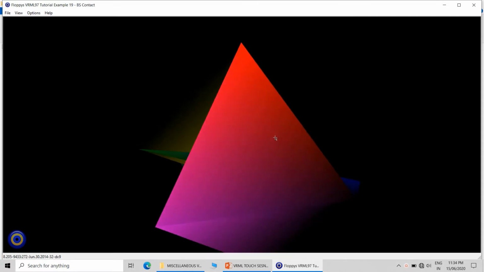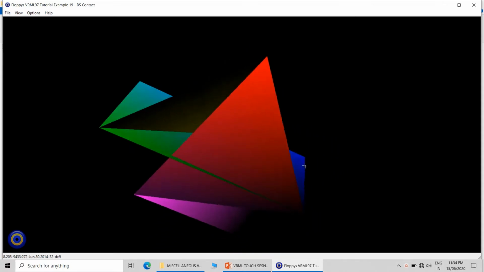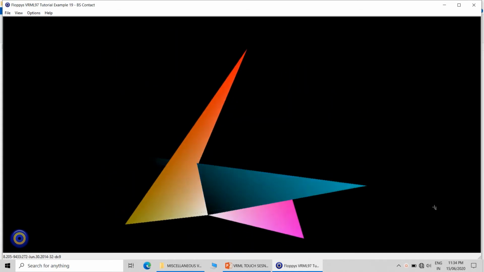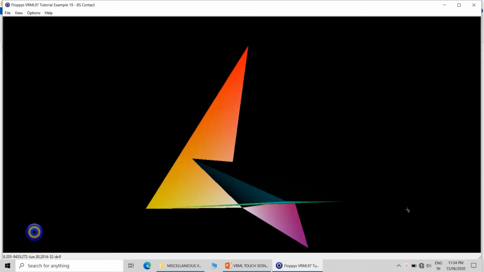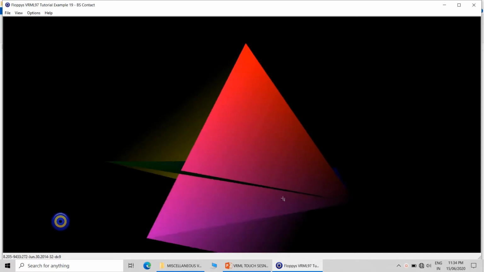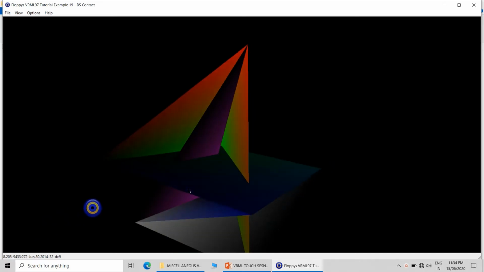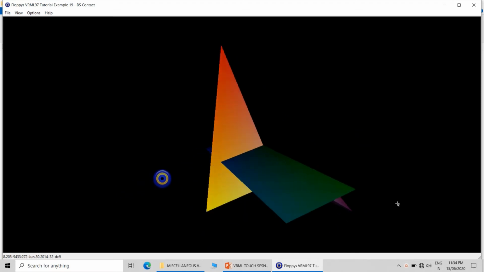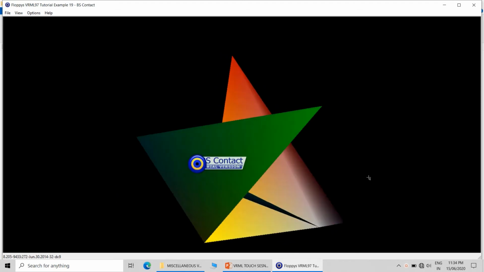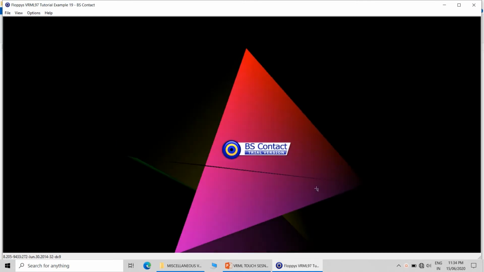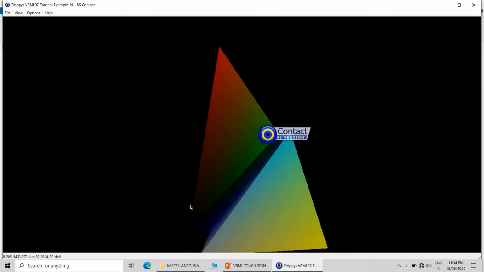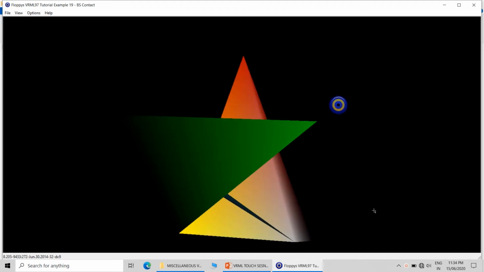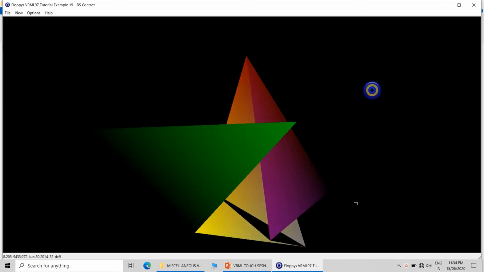Of course, this object was not that perfect. My intention was to create something else, but I was not able to manage the coordinates, so something distorted has been created. This is the object having color per vertex. So it is a pyramid actually, having color per vertex, and normal interpolation is applied, so coordinates are changing, and this is the output.